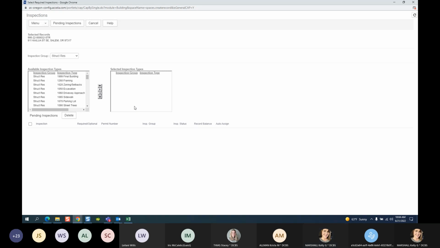So, very delicate balance here with suggesting inspections or not. It isn't my recommendation that you do it. The final inspection will automatically add to the record as pending as a placeholder to make sure that the record doesn't accidentally final without any inspection. And we also